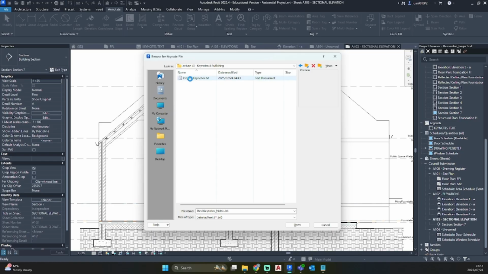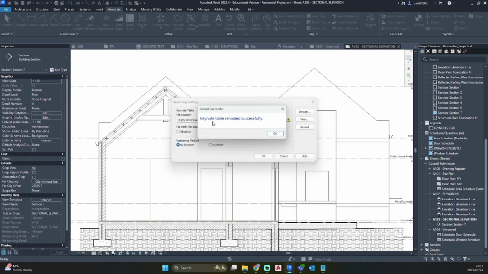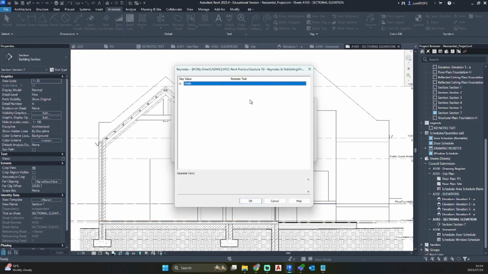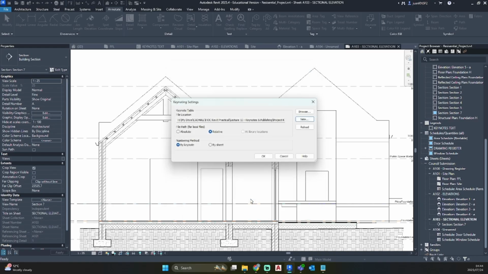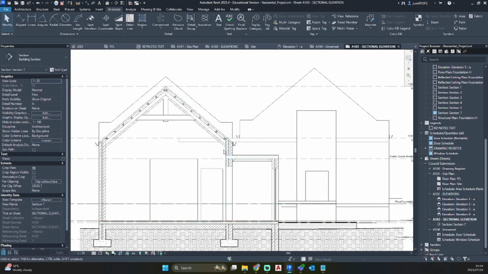So I'm gonna click on it and go open. Keynote loaded successfully. Let's go OK. View what we have created. And as you can see, our wall category with a drop down, our key value has been set, and there is our keynote text.